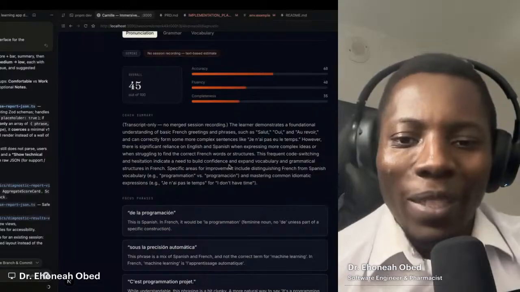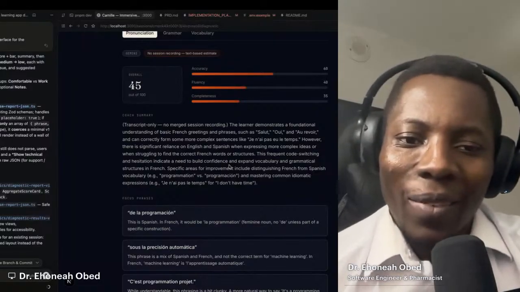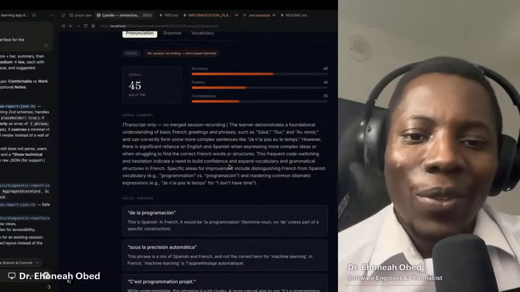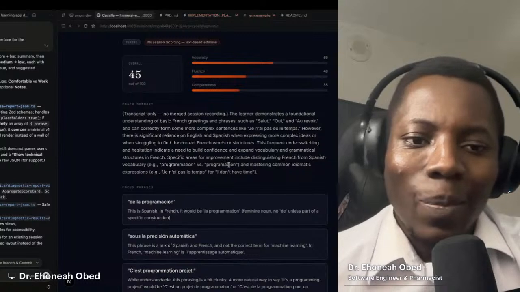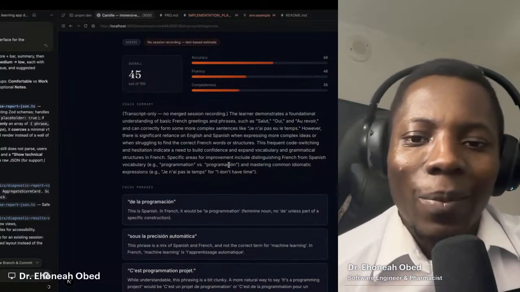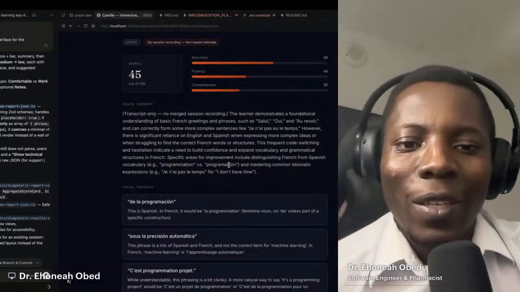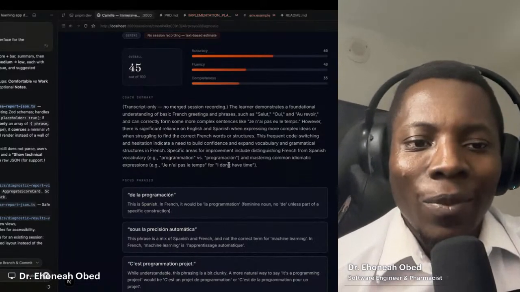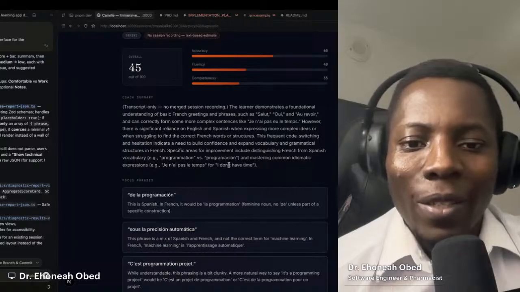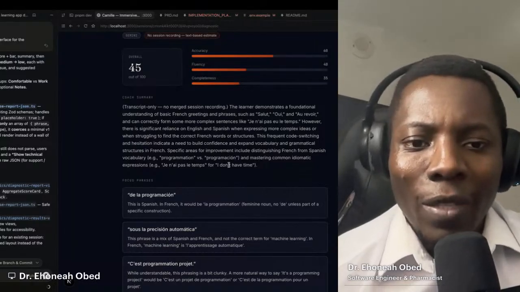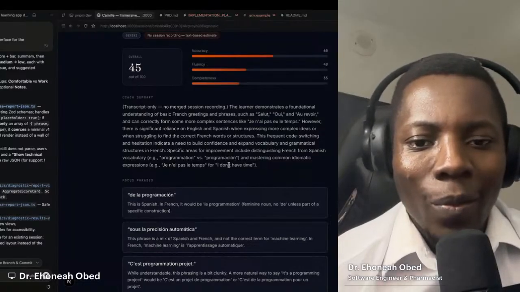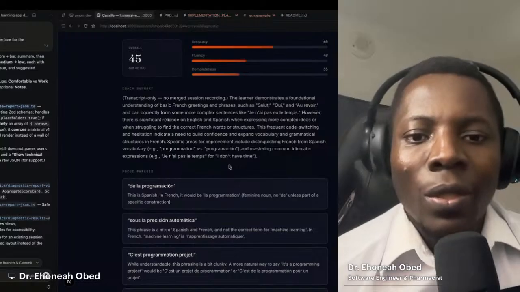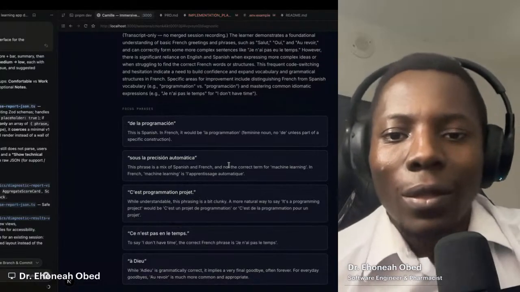When expressing more complex ideas or struggling to find the correct French words, this frequent code switching and hesitation indicates a need to build confidence and expand vocabulary and grammatical structures in French. Specific areas for improvement include distinguishing French from Spanish vocabulary, for example programmation versus programación, and mastering common idiomatic expressions, like je n'ai pas le temps for I don't have time.